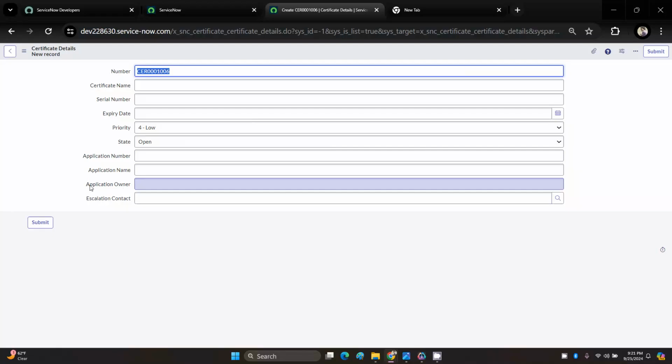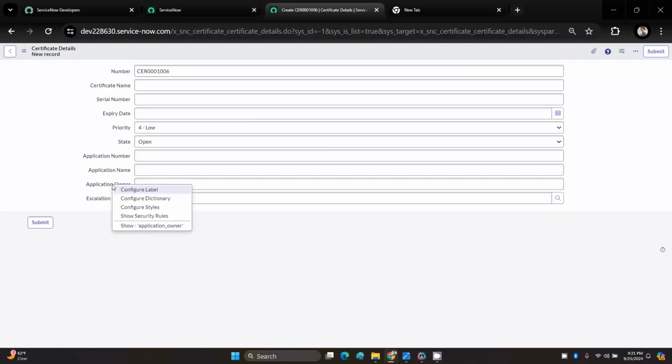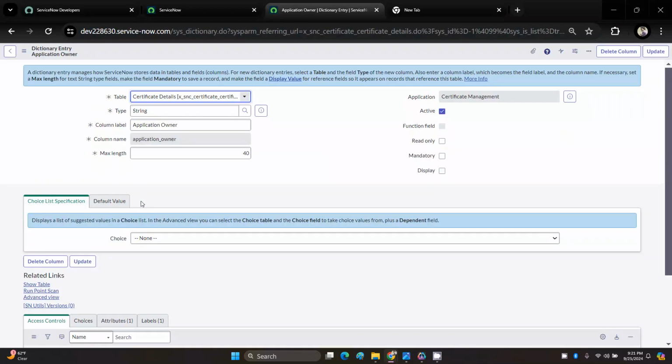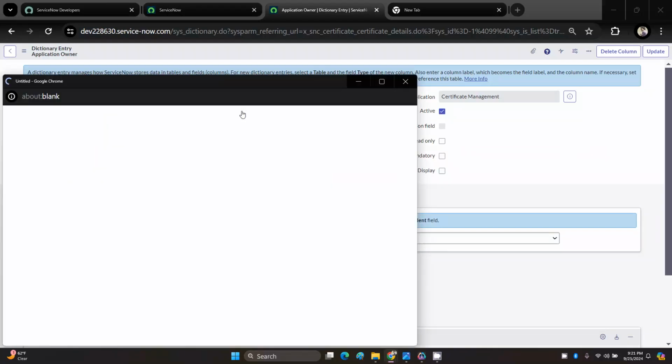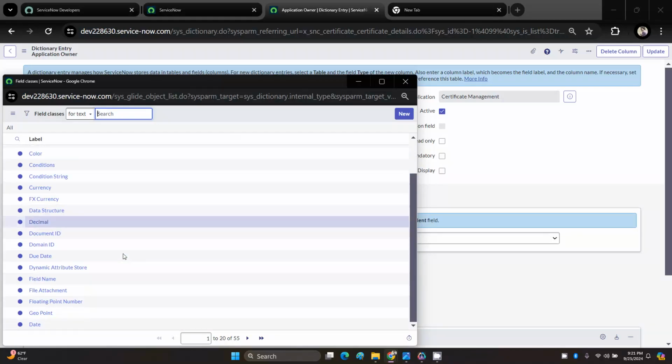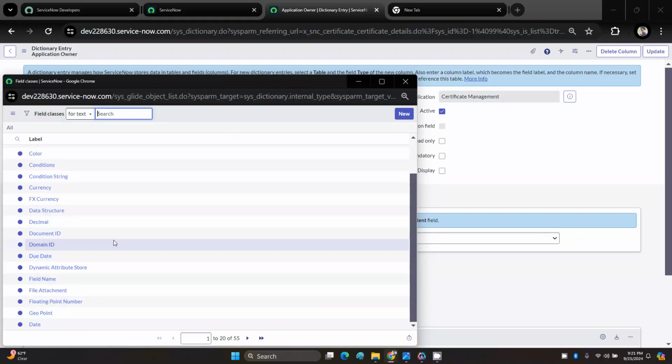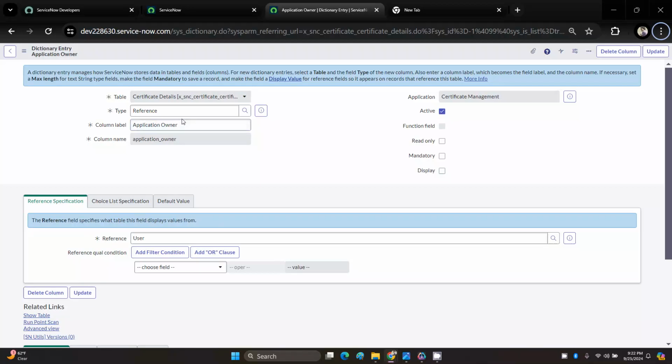You see, application owner is a text field. This should not be a text field. This should be a reference field with the user table as a reference. Let me fix it. This type would be the reference. Let me fix that. So I have selected sys_, this the reference field. sys_user